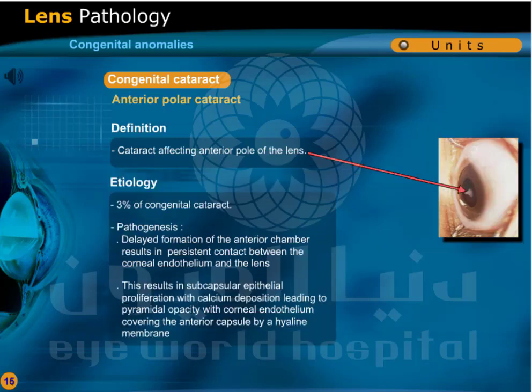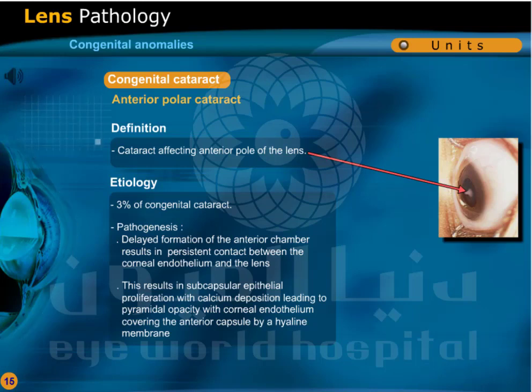Anterior polar cataract. Cataract affecting the anterior pole of the lens. It constitutes 3% of congenital cataract. Delayed formation of the anterior chamber results in persistent contact between the corneal endothelium and the lens. This results in subcapsular epithelial proliferation with calcium deposition leading to pyramidal opacity with corneal endothelium covering the anterior capsule